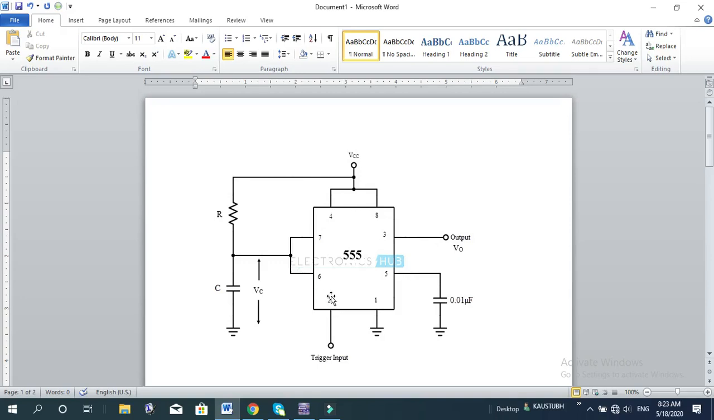The monostable multivibrator requires a trigger input, an external trigger. Whenever you give the negative going trigger, a pulse will be generated here. I'll explain how this pulse and the timing of the pulse work. So 2 is the trigger input, 3 is the output, 1 is the ground, 4 is the reset, then 5 is the control input,